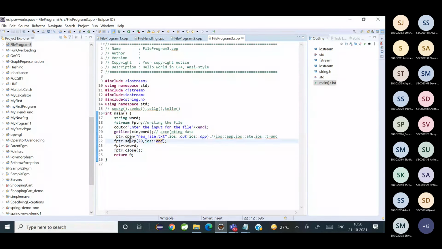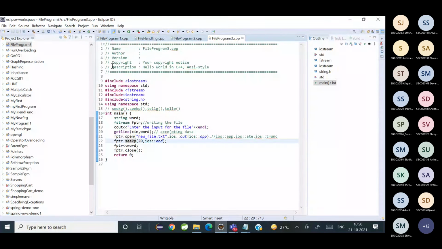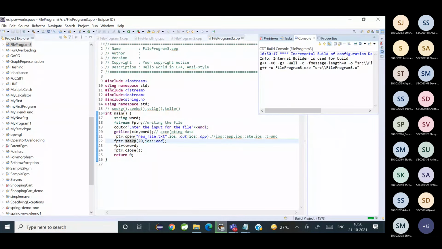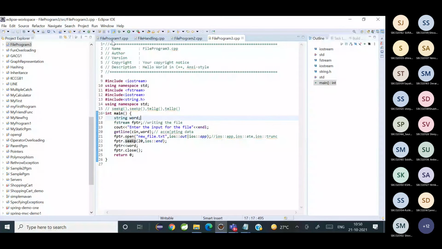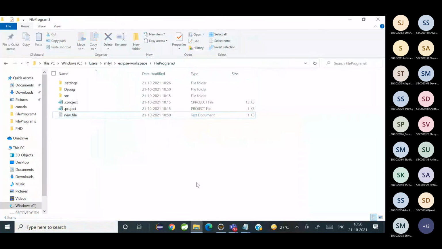I'm marking the pointer 20 bytes from the end position, and let's execute this and see what happens. I've used seekp because it is in write mode. Fine, so that is done.